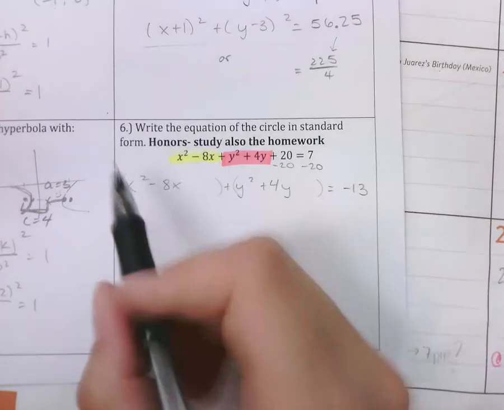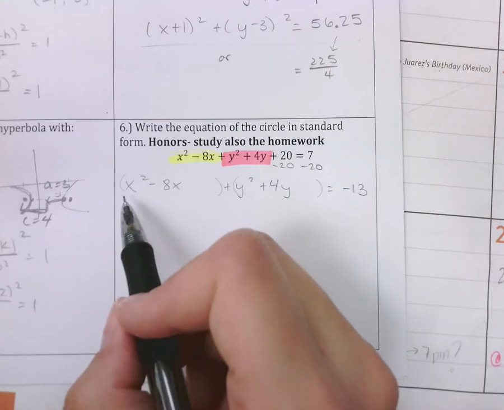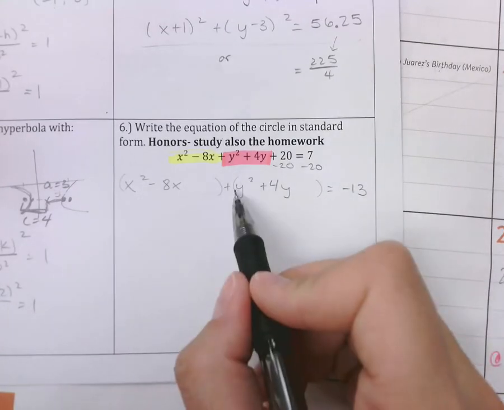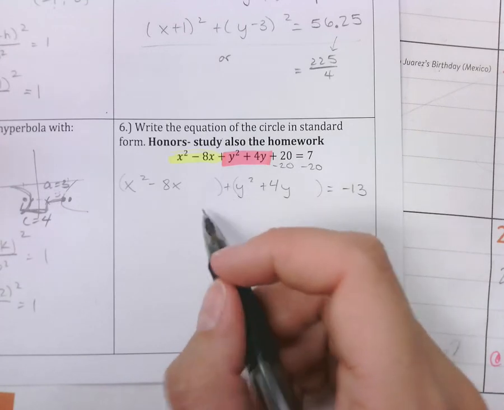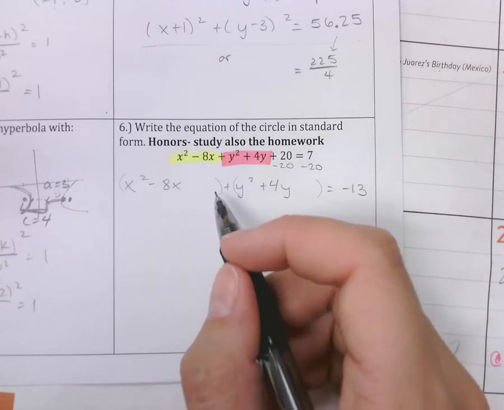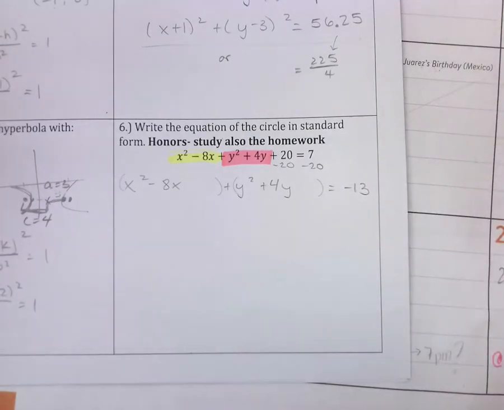If there's a number in front of x squared, you would factor it out of all the x terms first. If there's a number in front of y squared or a negative sign, you would factor out that number or perhaps a -1 out of all the y terms. So if there's a number or a negative sign in front of one of the squared variables, you would factor that out of all of those variables. So real quick,